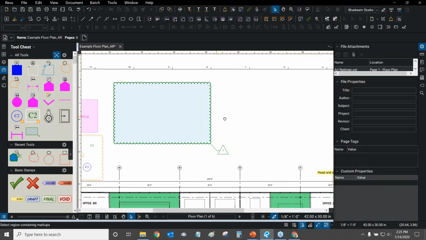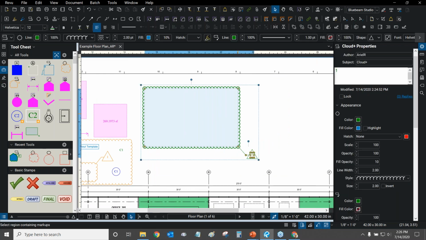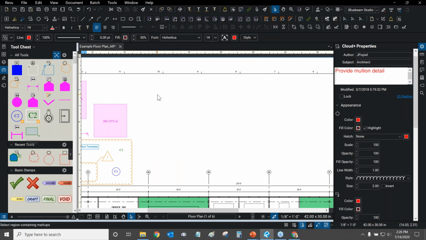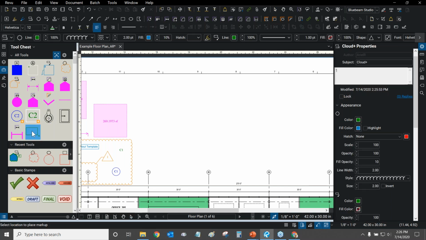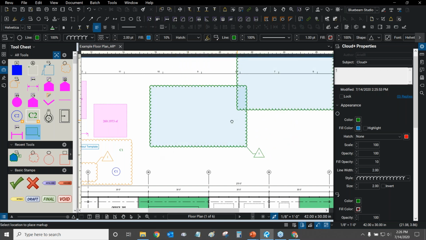Now, I've saved my cloud here for the first time. By the way, I don't need this on my sheet anymore. I can get rid of it. I already have my cloud in the tool chest and it's there forever. So no matter what document I open, I'll have access to this Cloud Plus tool wherever I go, and all of my tools. So I first put it in the tool chest, and if I click on it once and I try to use it, it's an exact carbon copy of the cloud that I just made.